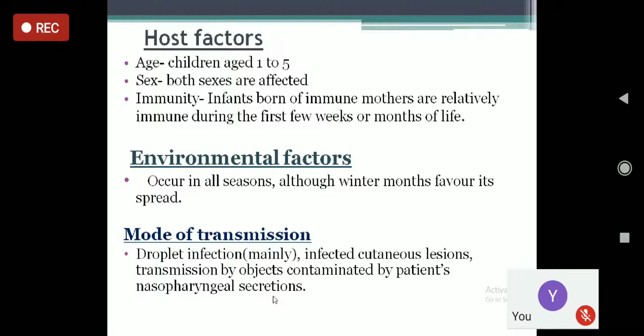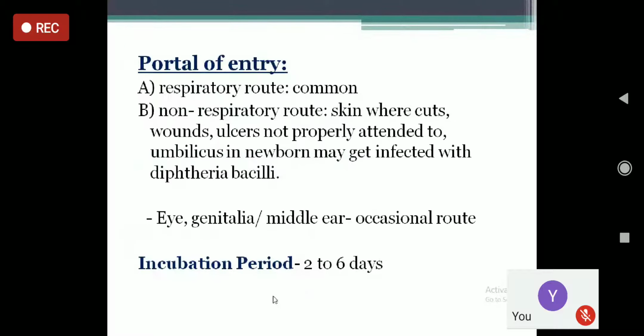So that's why, if any person is diseased, whether with a mild common cold, TB, Corynebacterium, or COVID-19, we have to make sure that all the contaminated objects used by patients are thoroughly cleaned and disinfected. We wash our hands and use masks while encountering such patients. The portal of entry is the respiratory route, the commonest route, through our nasal airways. While inhaling, it enters and reaches our lungs and our system.